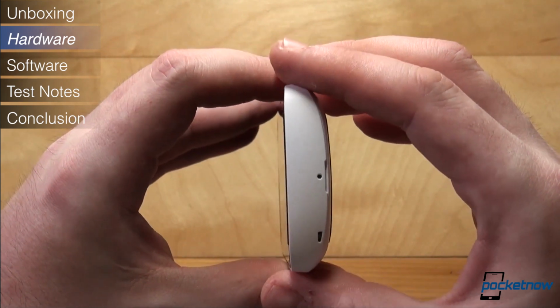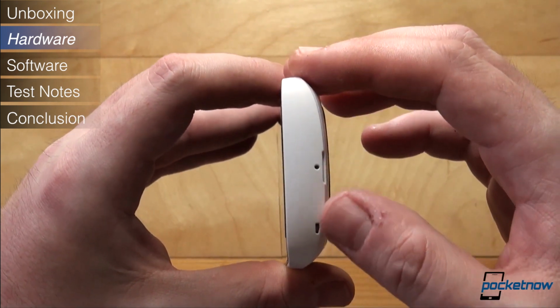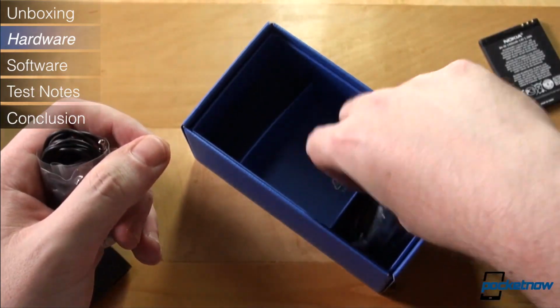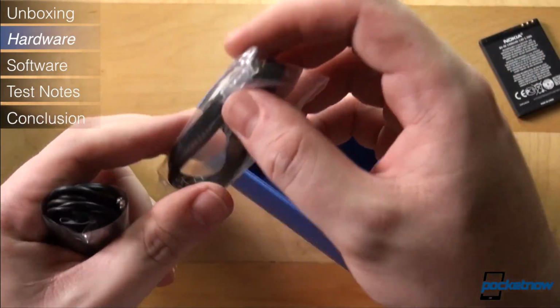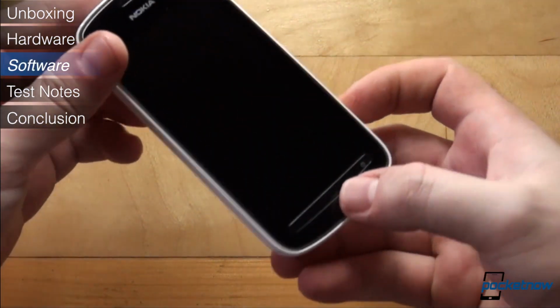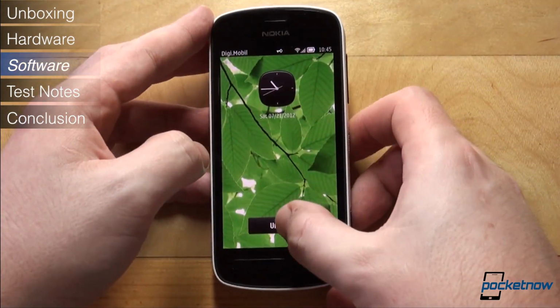Nokia didn't make the bottom of the 808 PureView extremely crowded. You will only find your main microphone responsible for your voice calls, and a small lanyard hole to use with your bundled wrist wrap. Nokia renamed Symbian Belle to Nokia Belle, and the unit which we are reviewing runs Nokia